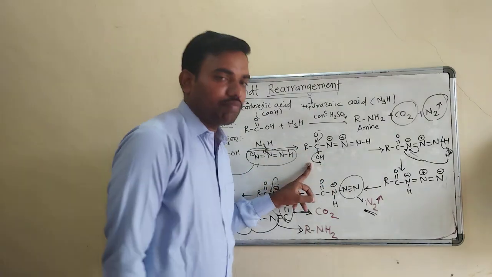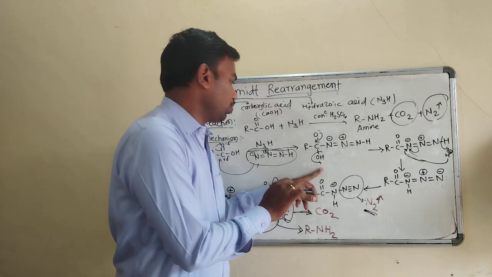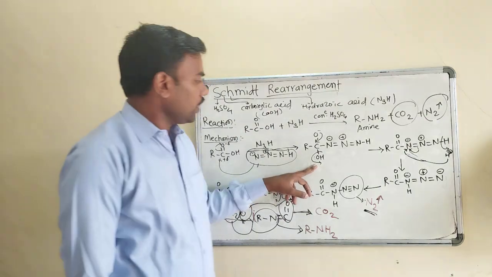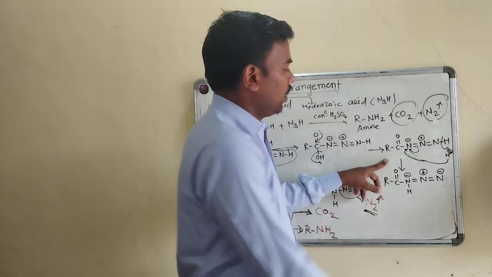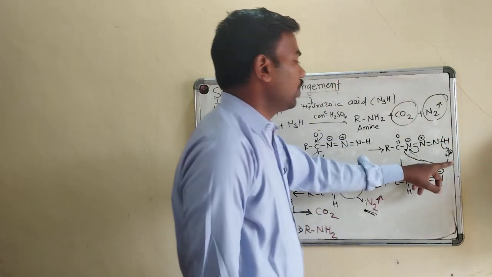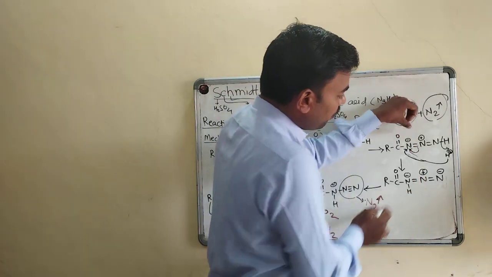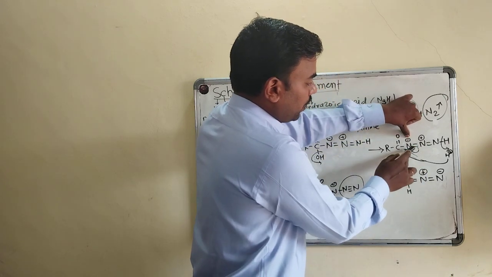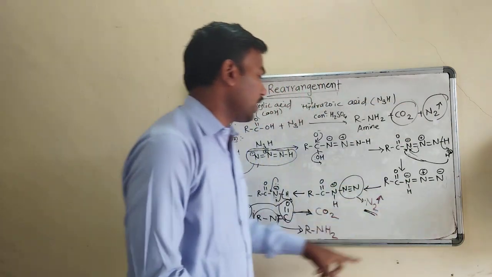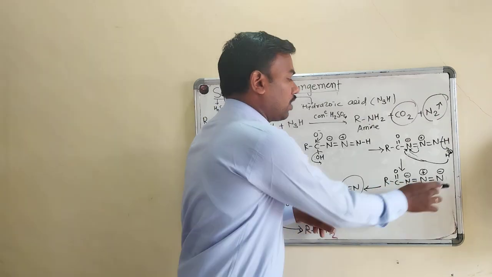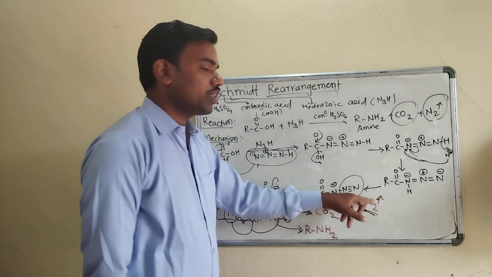So here in the first step, removal of a water molecule takes place. OH and H from H2O come here, and the water molecule is removed. The next step is that hydrogen is getting removed and this hydrogen is going to attach over this nitrogen. Due to that, it will become positive, but this double bond is shifted over this nitrogen, so again it remains negative. So this is our structure. Then finally the nitrogens make a triple bond with each other and nitrogen gas is formed. So nitrogen gas is getting evolved.